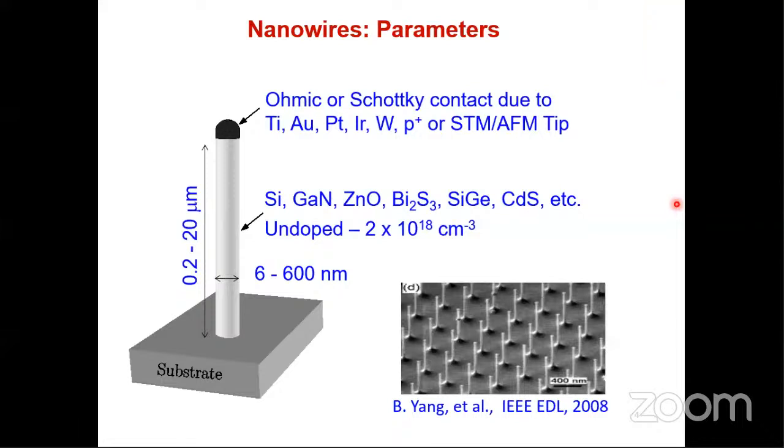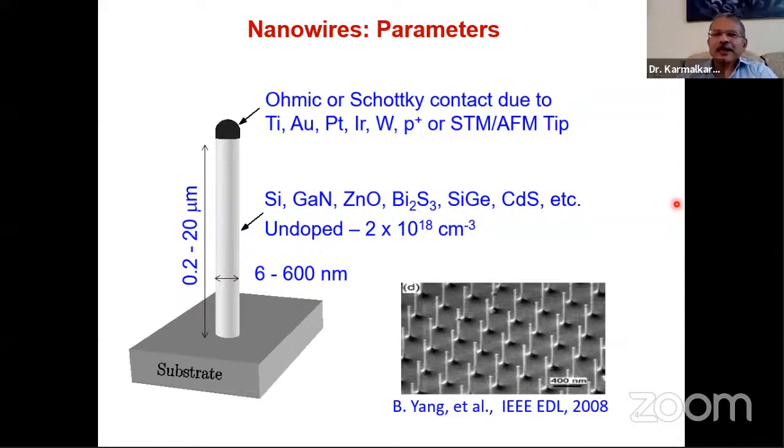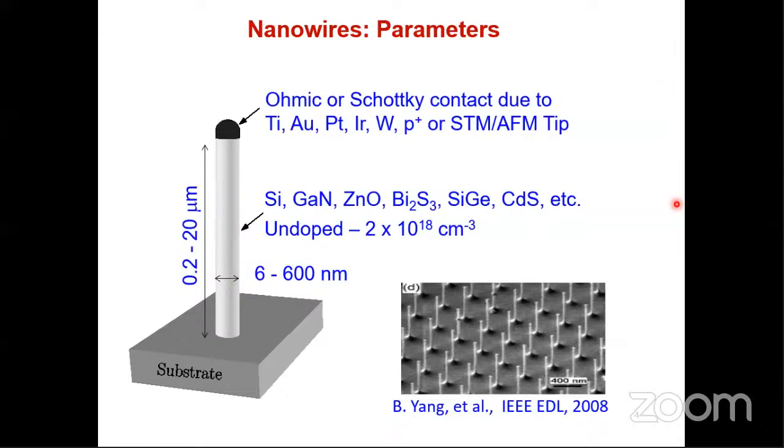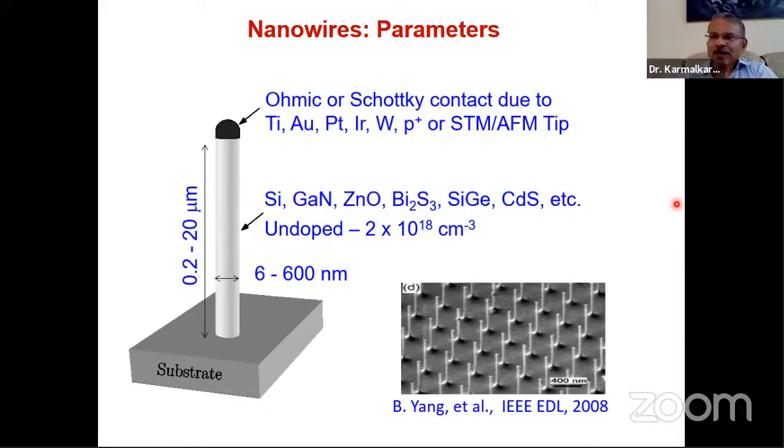Sir, I don't know exactly, but what I know is that between metal and metal, it is called ohmic, and between metal and semiconductor, it is called Schottky. No. Sir, in Schottky contact, the work function of the metal is more compared to the semiconductor, but the reverse is for ohmic contact. Okay, so that is also not correct.